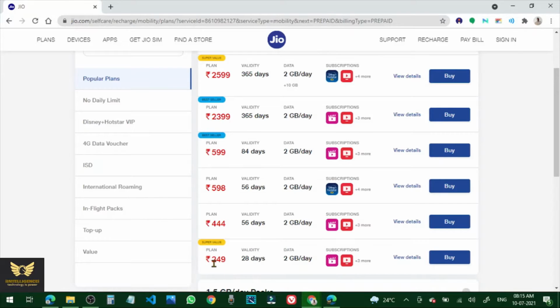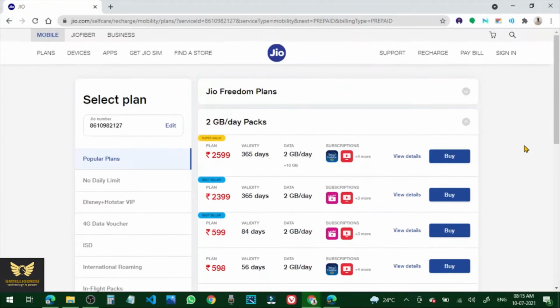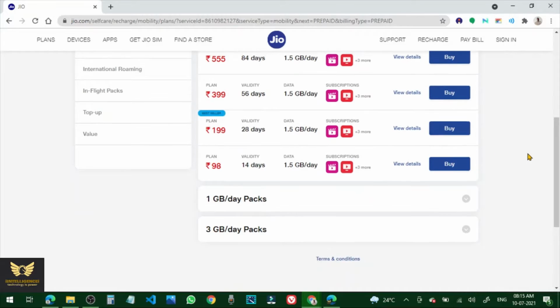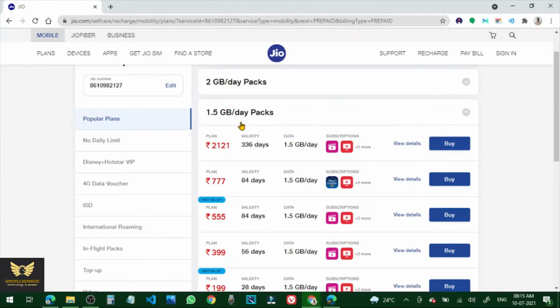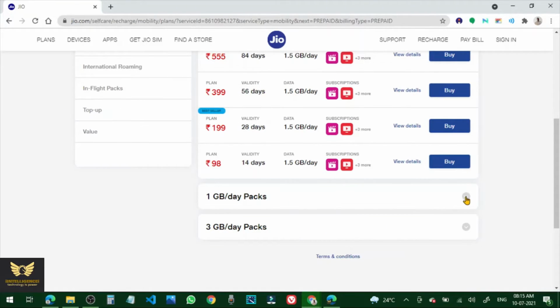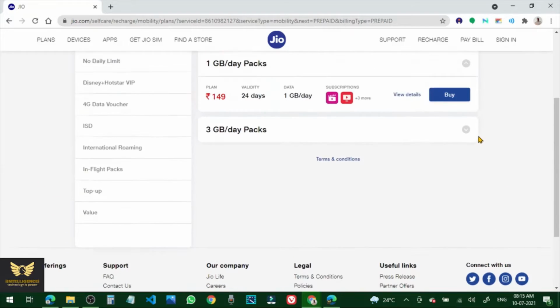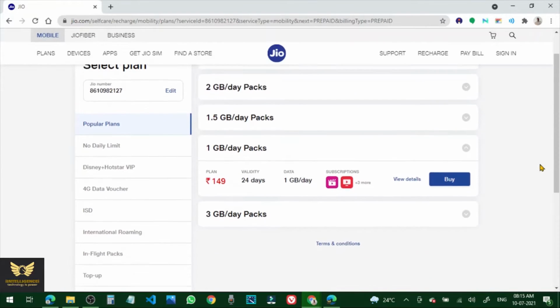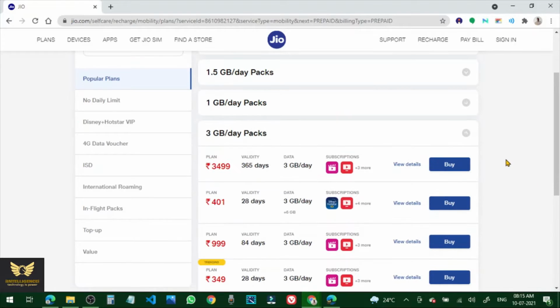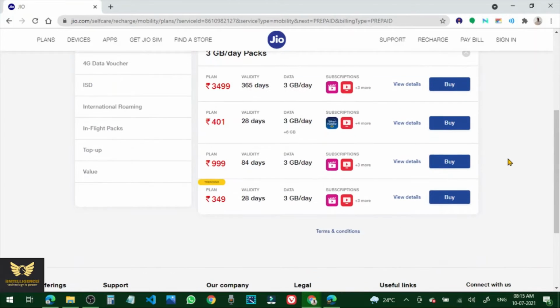Minimum 28 days, 249 plan. 365 days, 2599 plan. So this is the 1.5 GB per day pack. This is the 1 GB per day pack. This is the 3 GB per day pack.